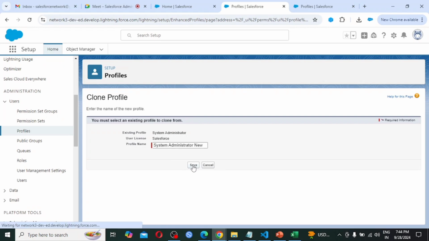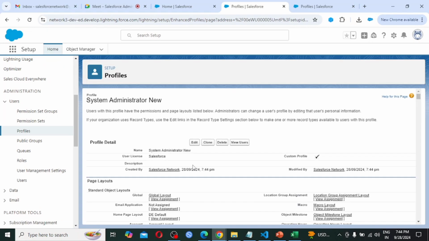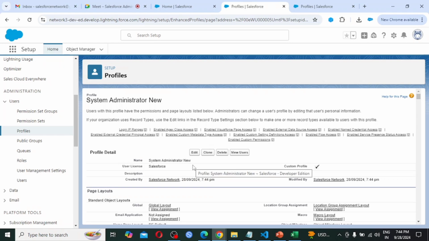Click on save. As soon as we create our own custom profile, it is cloned from system administrator. So all the settings are coming from the system administrator profile.